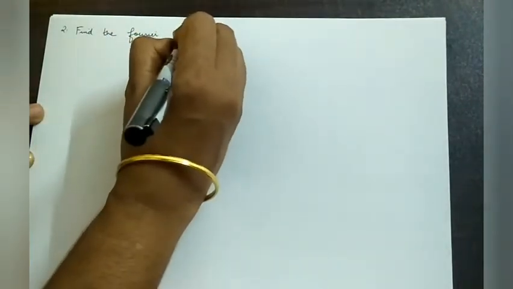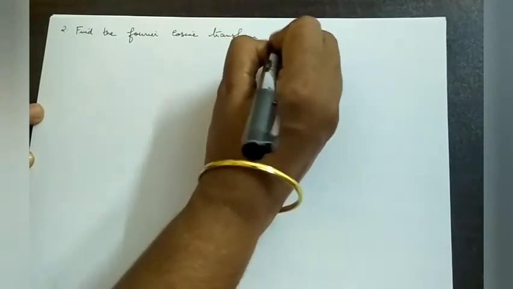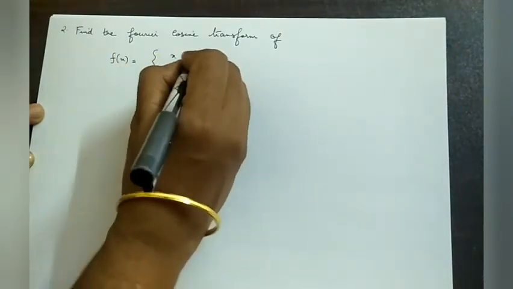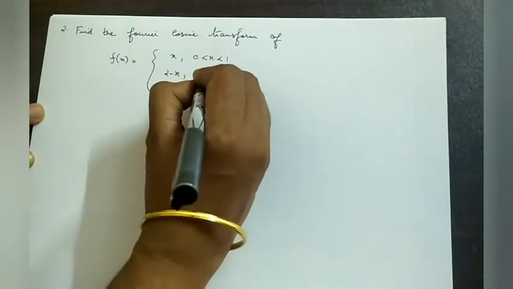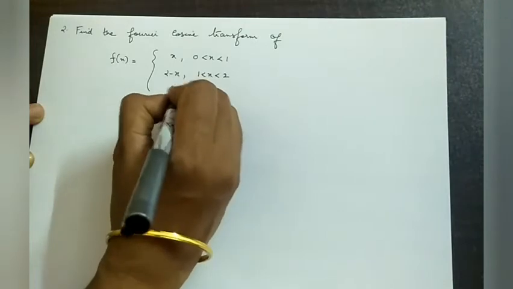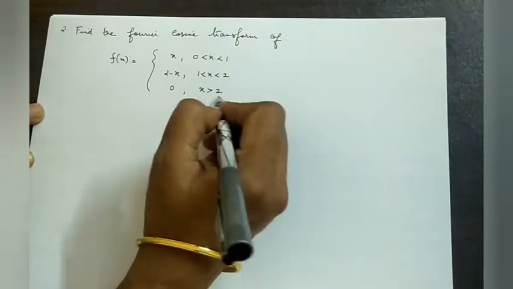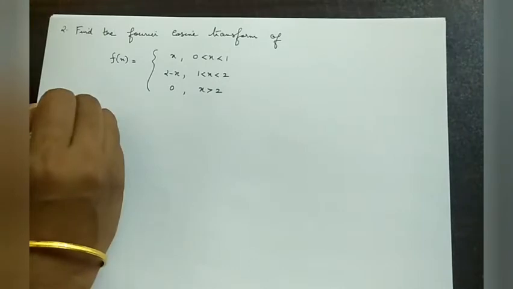Next question, find the Fourier cosine transform of f of x is equal to x in the interval 0 to 1, and 2 minus x in the interval 1 to 2, and 0 again in the interval 2 to infinity. Okay, x greater than 2 means 2 to infinity. Okay, now the solution,